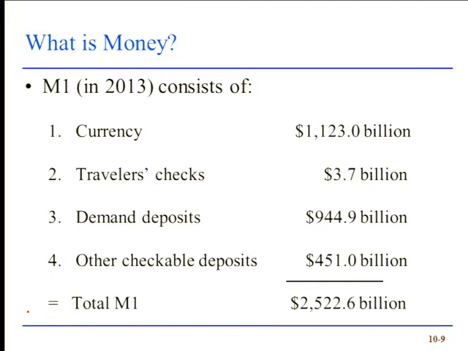Notice we hold more paper money than we have in our checking accounts. How many of you have more paper money in your wallet than you have in your checking account? I don't have very much in either, so that's easy. Okay. Then there's this other category called other checkable deposits. These are similar to demand deposits, checking accounts, but they have certain restrictions on them. How many checks you can write per month, the minimum size, the maximum size, various and sundry things like that. But in essence, they're just another type of demand deposit. Total it all up, you can see we have $2.5 trillion in M1 accounts. Again, this is called narrow money or the medium of exchange money. This is the stuff we actually spend.